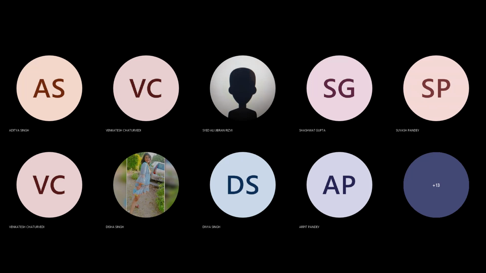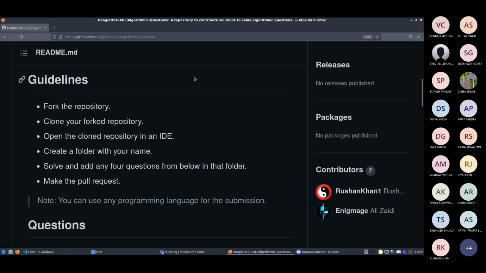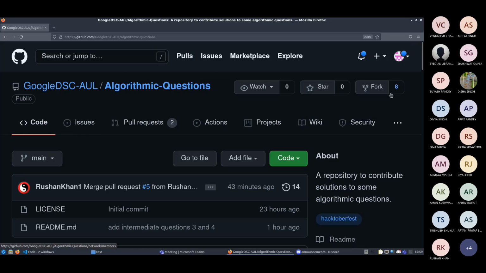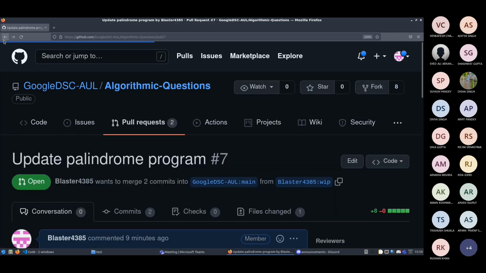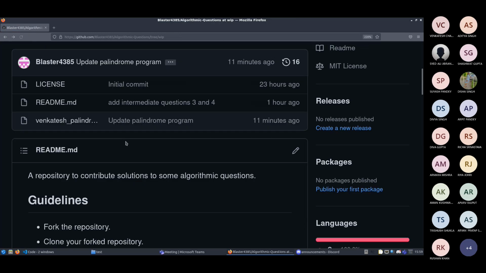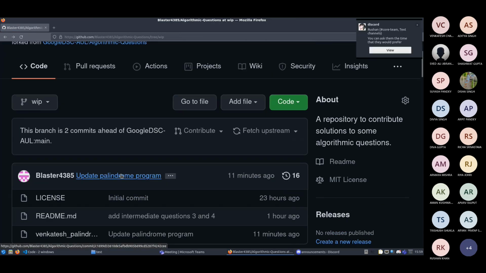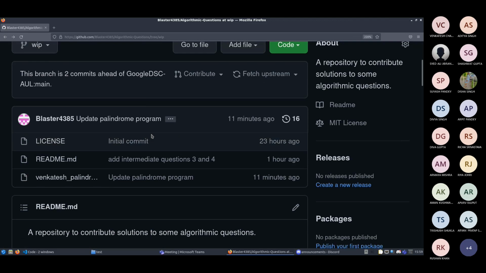Okay, so guys, I forgot to show you one thing. Let me just share my screen again. What you all can also do is this: let's say someone has edited something on the remote URL and you don't have that change on your local repository. Let's open this.